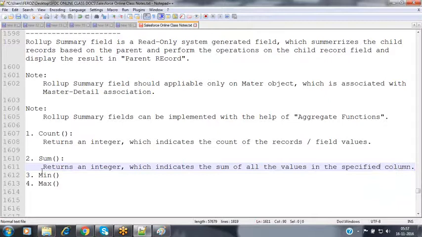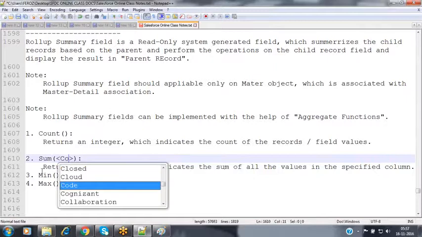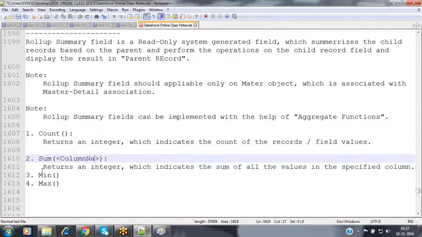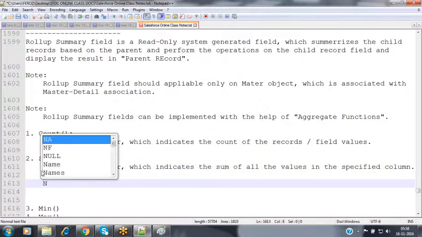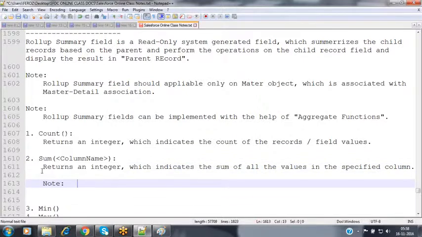Whatever column you have specified, whatever values are in that column, it is going to summarize them, so we can specify a column name. Next, we can implement this sum function on currency fields.